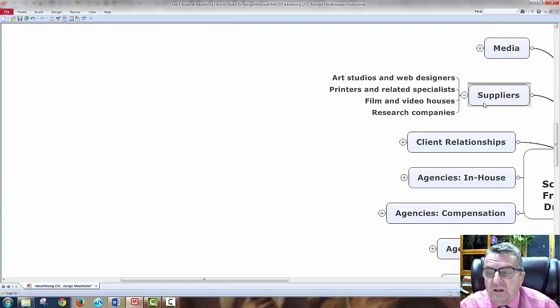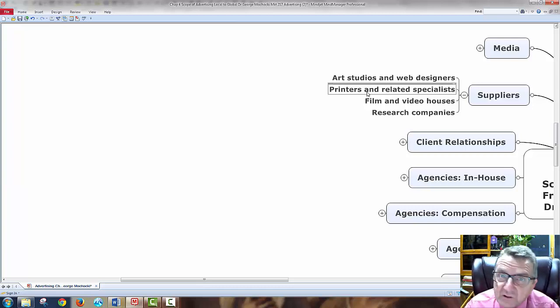Okay, printers and related specialists. I have to have an array of them. And again, I'm going to look at a wedding planner, for lack of better words, like an advertising agency. I've got a Polish wedding. So I get a Polish band in there, and I get a Polish baker who knows how to bake it authentically, or different catering. So I have to be able to be flexible.